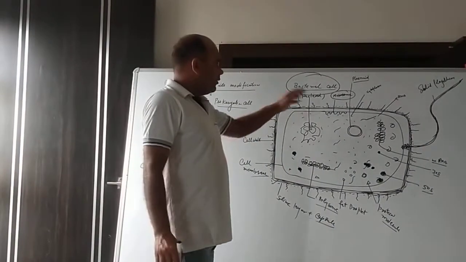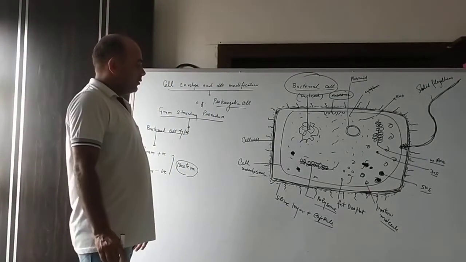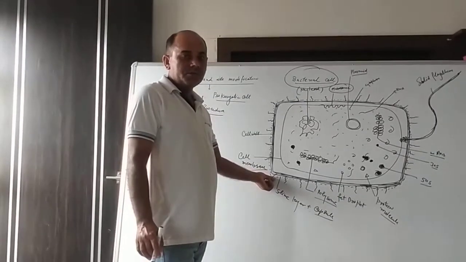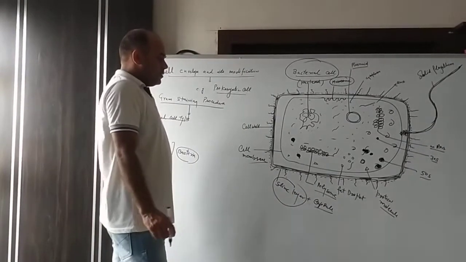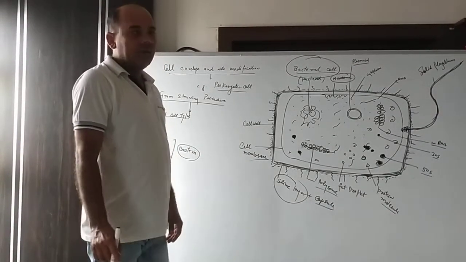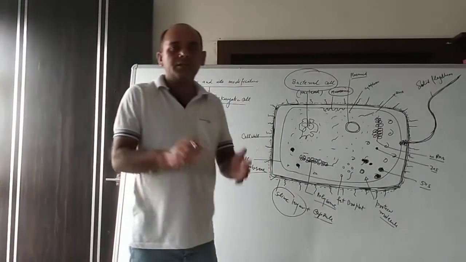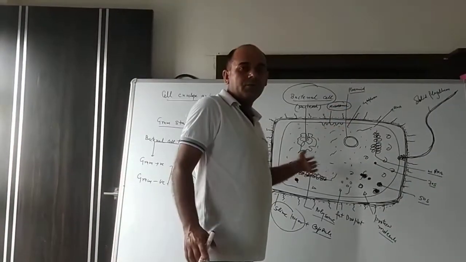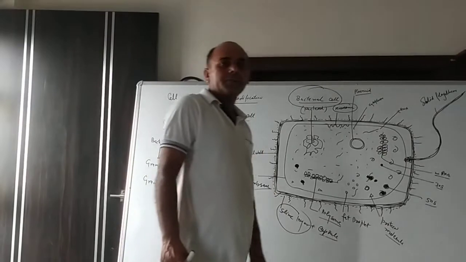It is surrounded by different kinds of layers. You know very well, the outside covering, which is made up of a gel-like substance, which is loose, is called the slime layer. This slime layer contains some polypeptide, some polysaccharide. When it becomes tough and hard, then it is called a capsule. It is nothing but a covering. This covering protects this whole cell, the bacterial cell. These are the two things, the slime layer as well as the capsule.